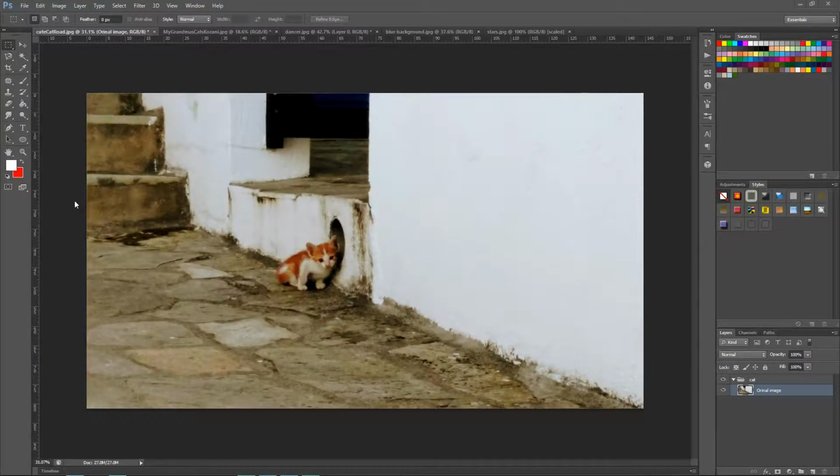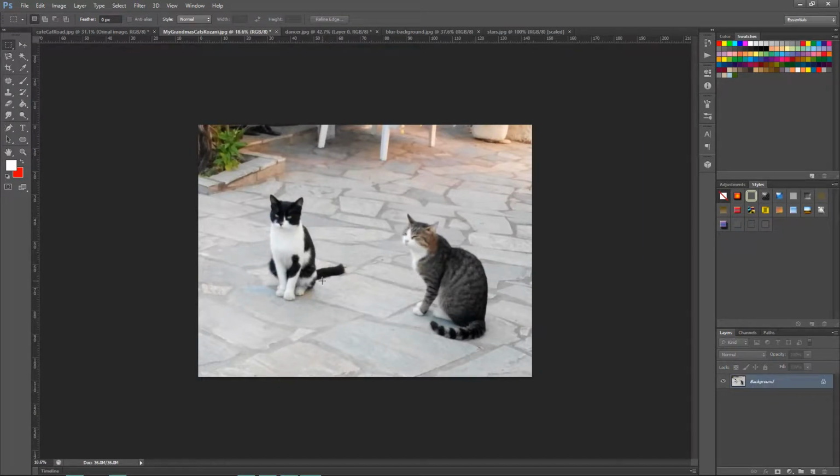Today I'm going to talk about blending modes, and let me tell you, this is going to be an interesting video. Well, for now I'm going to leave this cute cat and this cat that are actually my grandma's cats,